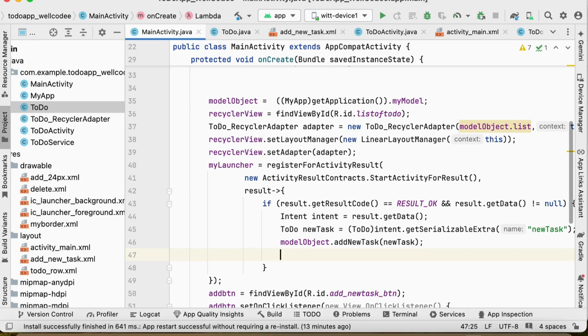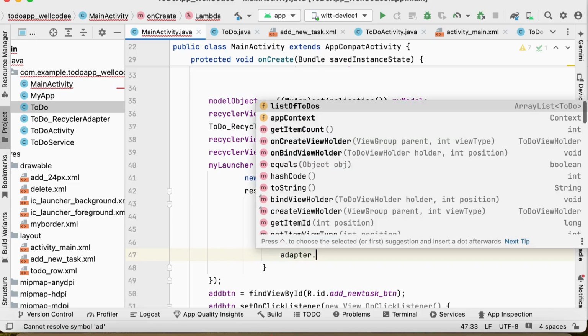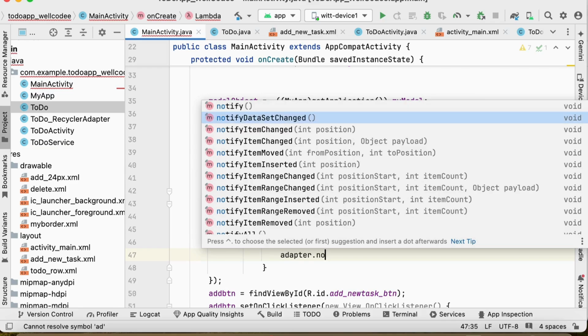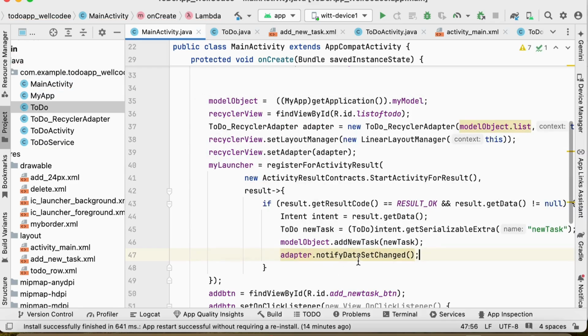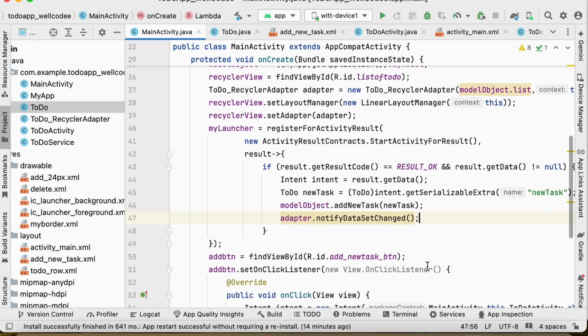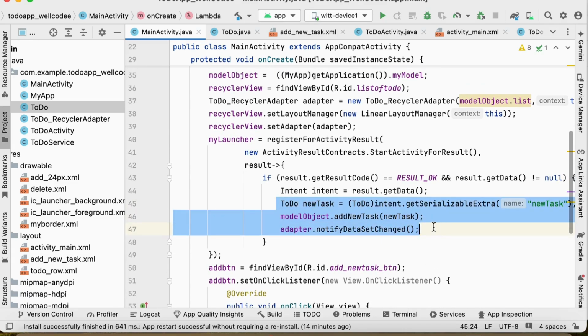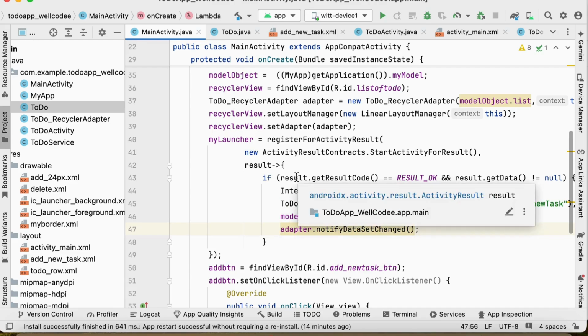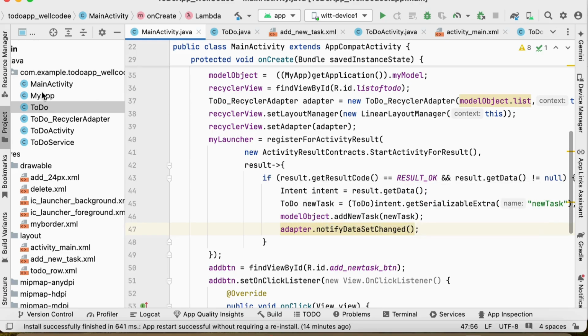So I could say here adapter dot notify dataset changed, because I have a new item in that list. It should refresh my recycler view. Before this works correctly, I should send it from my to do activity. So I should come back to my to do activity,